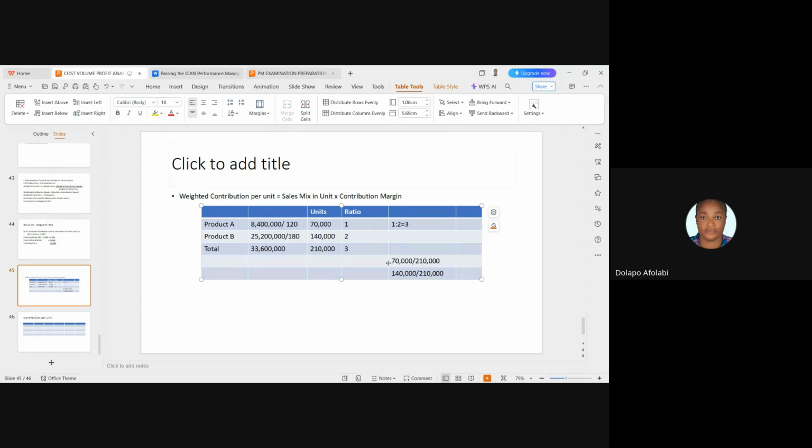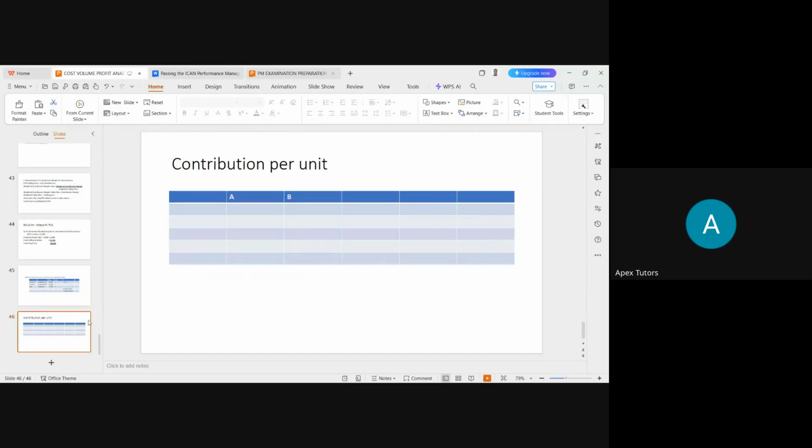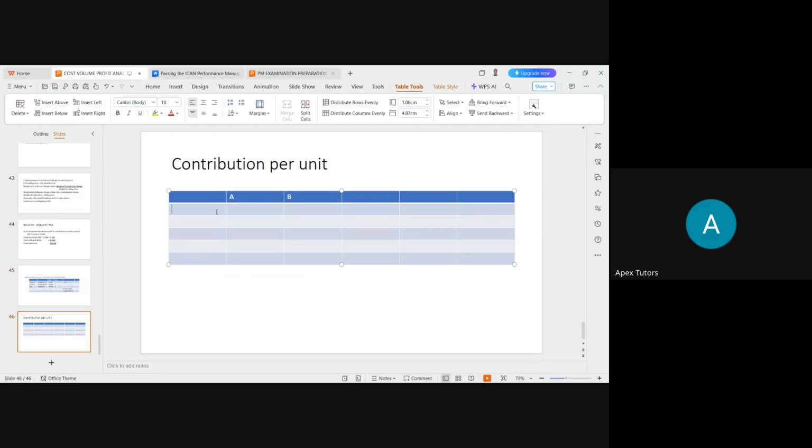Thank you. So those of us getting 0.33, this is still the same expression. 1/3, 2/3 in decimal will give you those values you have there. So now to get our contribution per unit,